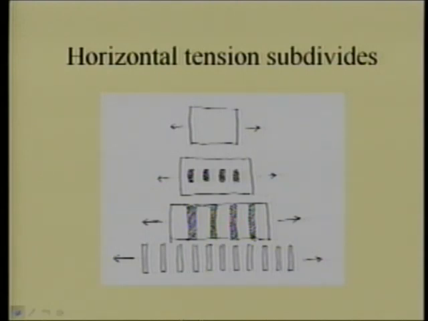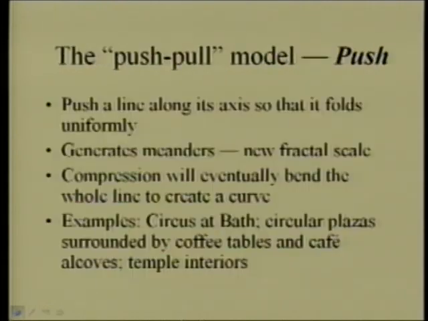You pull something and it separates first into windows. Note very carefully that the cuts that occur in the plastic material as you pull it are mostly vertical. So the windows are higher than they are wide. This is a very important point that will come up again and again and again. Further separation creates vertical gaps, and then breaks the whole thing down into columns, and you can have a colonnade.